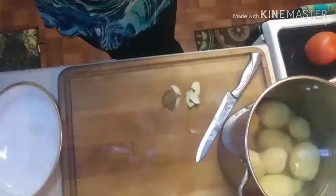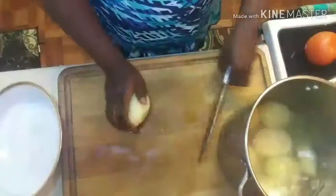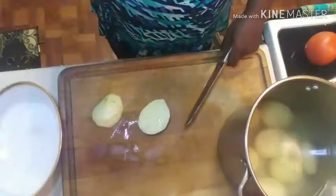Now I'm going ahead and taking my potatoes and putting them in this water. I have a little bit of salt in the water, but I'm putting my potatoes in this water because I don't want them to oxidize on me and turn brown because of the starch coming up. Now if you see here,